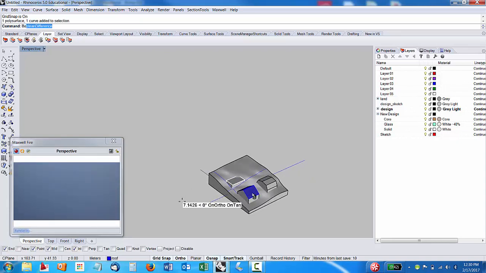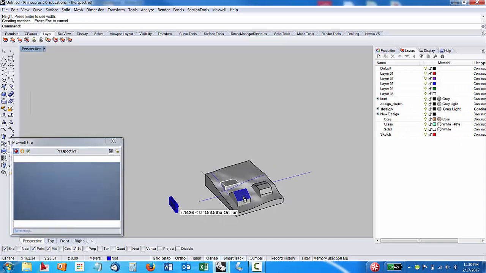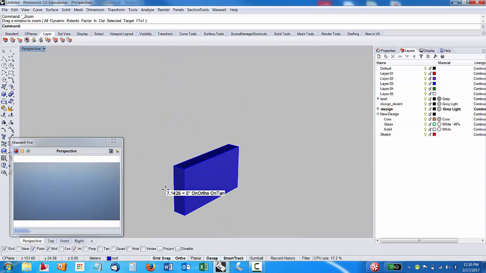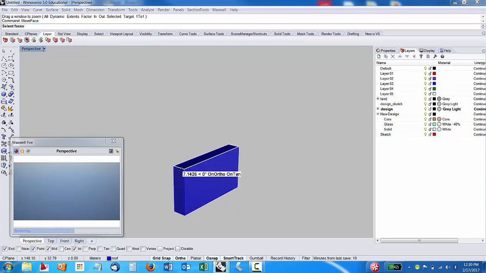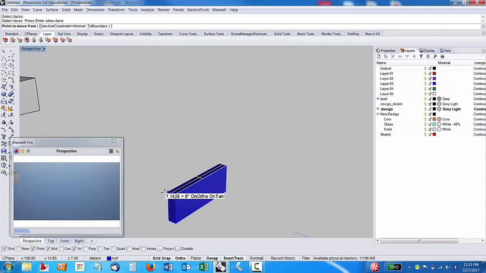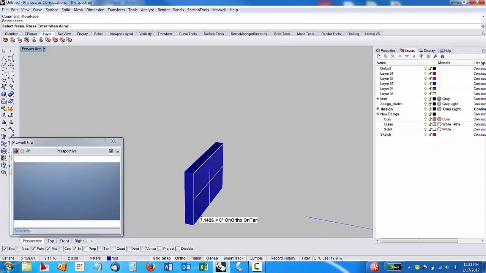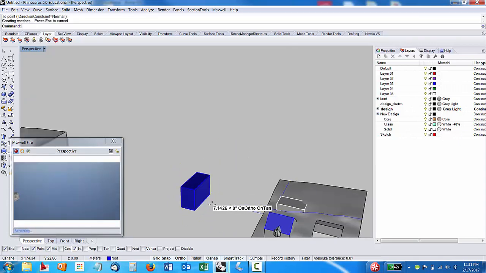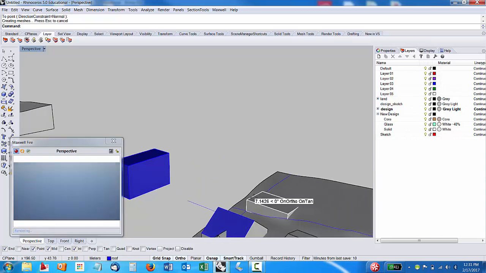Say you want to make a box. I can type box. And if I want to manipulate that box, when I zoom, I just type Z and then I do the window. If I type move face, I can select any of these faces and move them. That just lets me adjust the dimensions. If you're using an orthographic building, you can use that to move those things really well. So I'm going to move this face